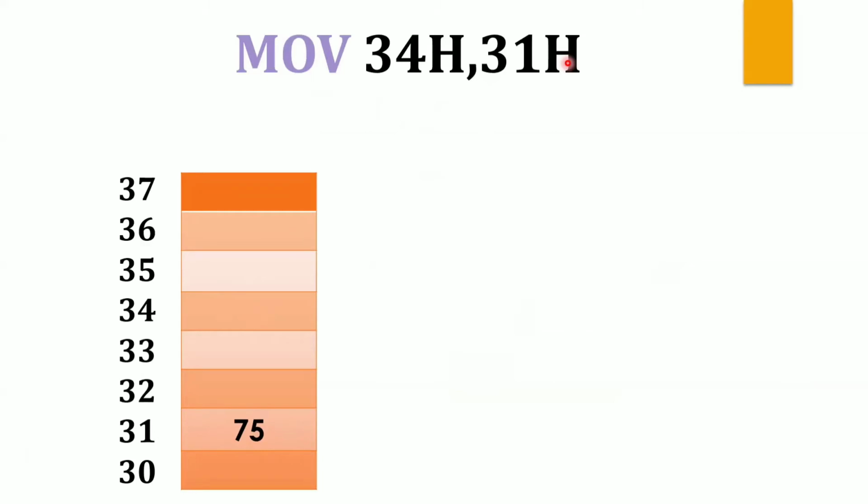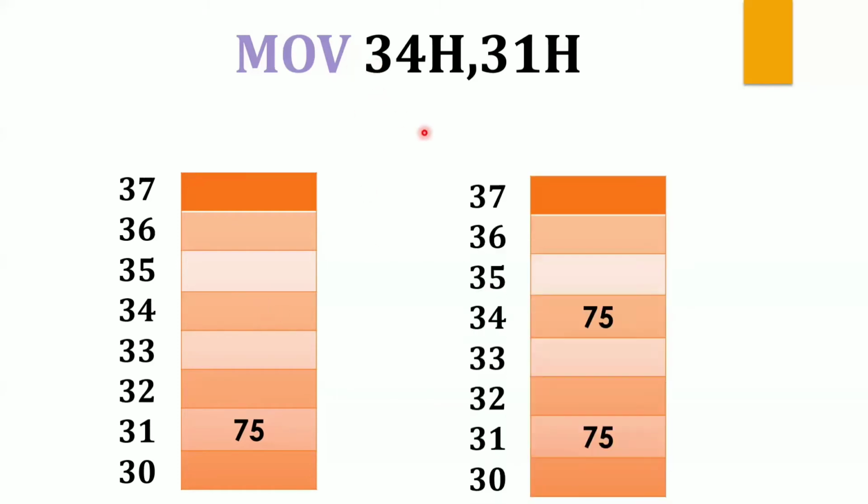Okay. So what we are doing, I am copying the value of the 31 location into the location 34. So what is the 31 location value? 75. What does the 34 location consist of? Nothing. So after executing this instruction, I am able to copy the value 75 from location 31 to location 34. Copy that. So there is no cut and paste, only copy paste. Now I understood what is meant by direct addressing mode. So directly we are giving the addresses in an instruction, right?